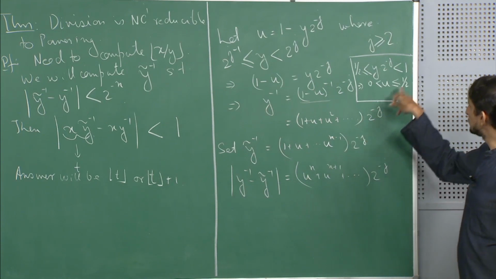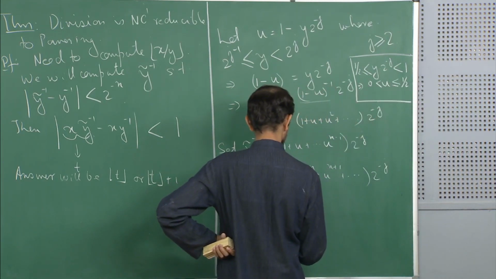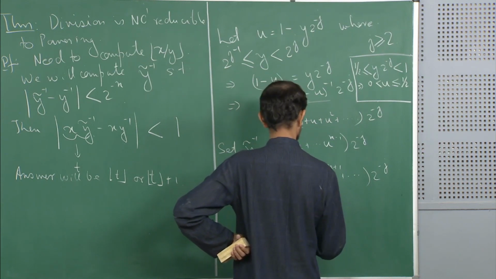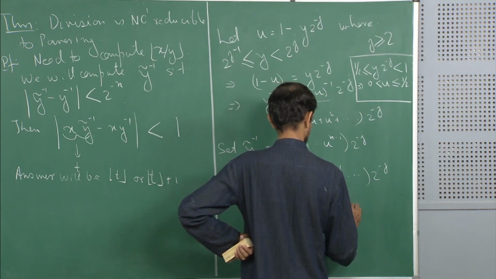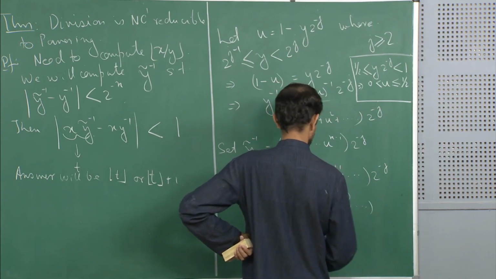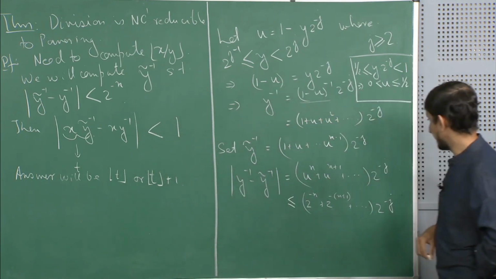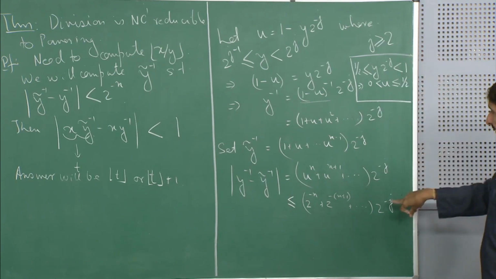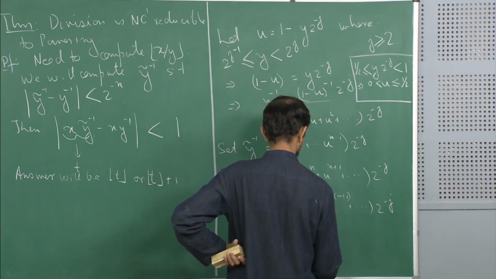Now each of these u's are less than half, so I can write this as bounded by 2 to the power minus n plus 2 to the power minus n plus 1 plus so on, times 2 to the power minus j. j we know is at least 2. Okay, so even if I take j to be equal to 2, this quantity is less than 2 to the power